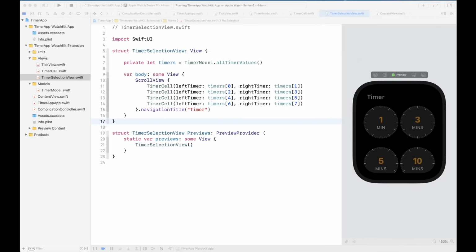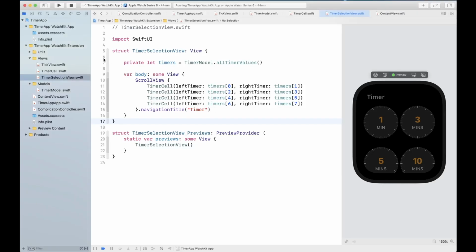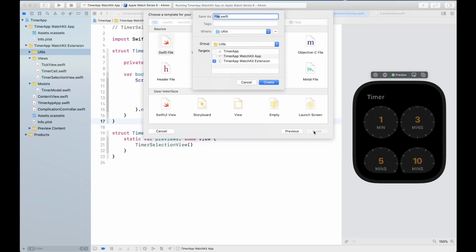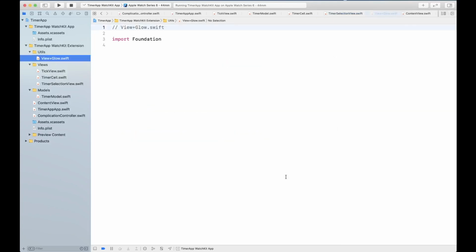All right, so it's time to start our timer view. So let's go ahead and create a quick utility first. So what I'm going to do is select the utils and press Command N, and we can select a Swift file here. I'm going to add an extension to a view itself to create a glow effect. So I'm going to say view plus glow, and what we're going to do basically is import from SwiftUI and put an extension on view itself